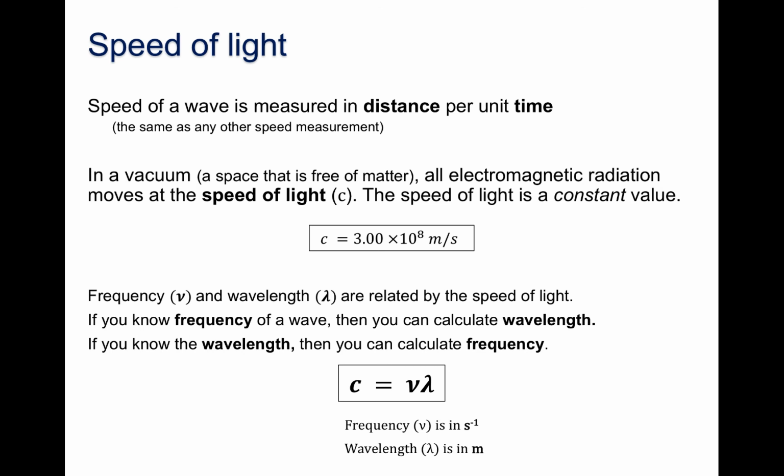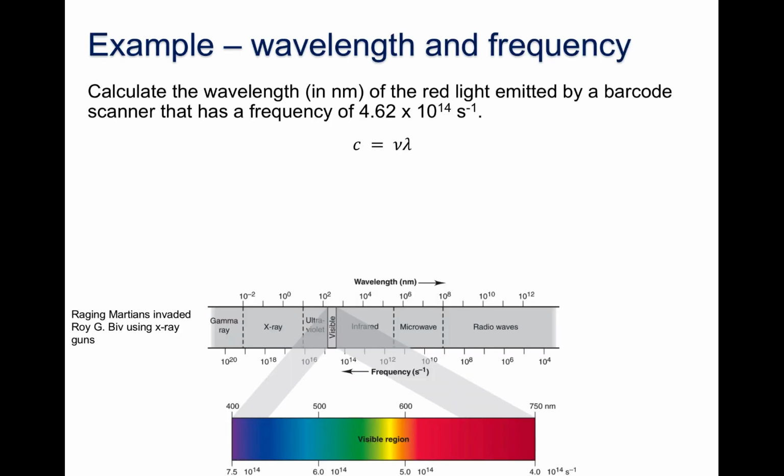So let's do an example using the speed of light calculation. If you have a red light, say in a barcode scanner, that has a frequency of 4.62 times 10 to the 14, that's a very large number, inverse seconds, what is the wavelength of that light in nanometers? And so we can use the equation c is equal to frequency times wavelength because we know two of the